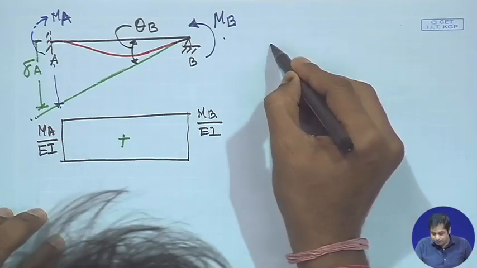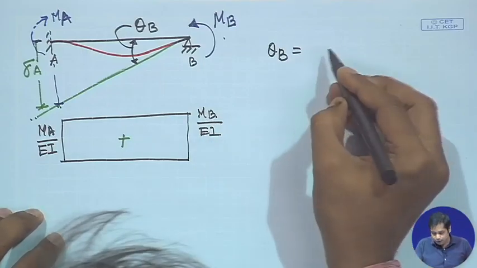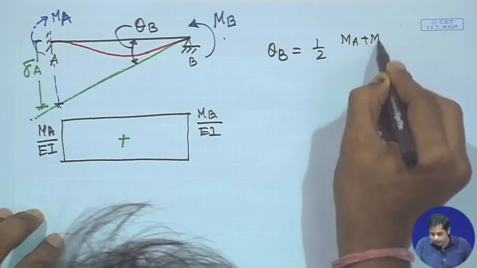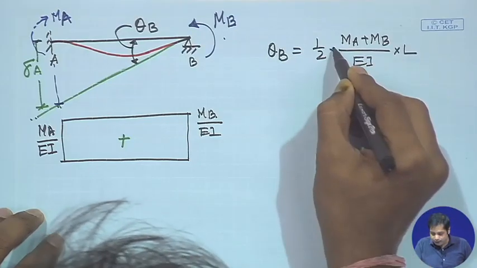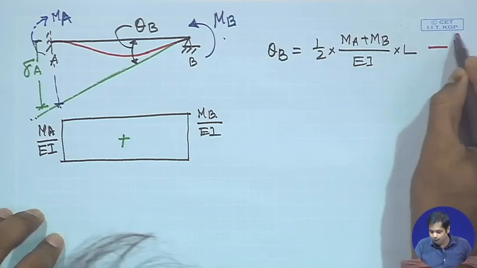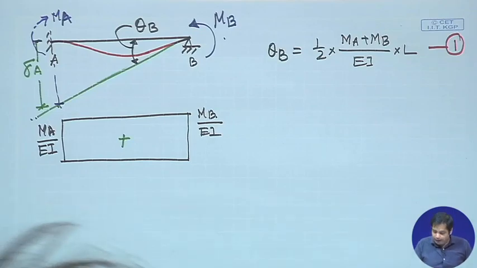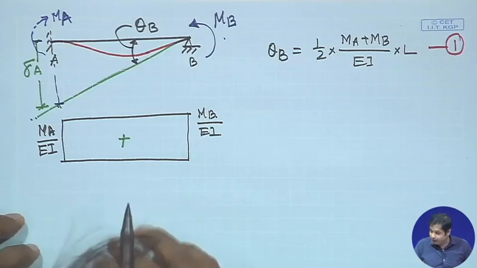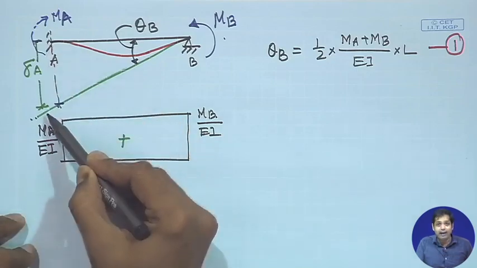So, theta B will be the area of this, which means it will be half of MA plus MB divided by EI into L. Okay. So, this is theta B. Suppose this is equation number 1. Now, we also know the second theorem of the moment area method,